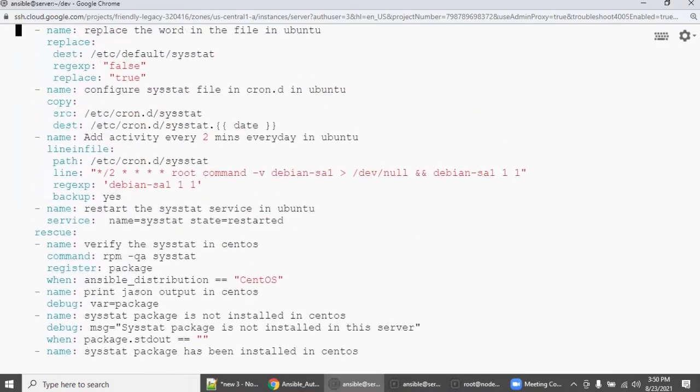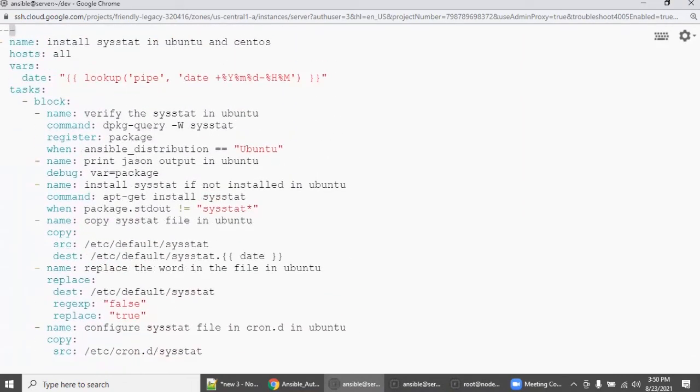So let's check again. I want to do only one host first, sorry, node1, right? One more thing I want to show you is this: while taking a backup, I want to take a backup with the timestamp, right?